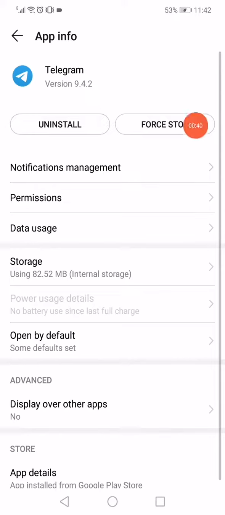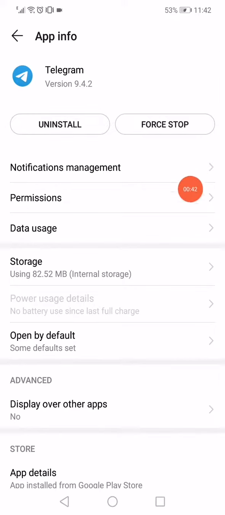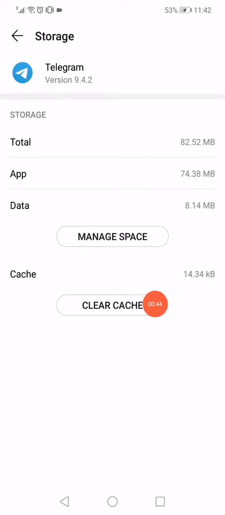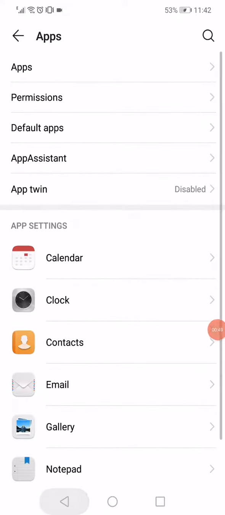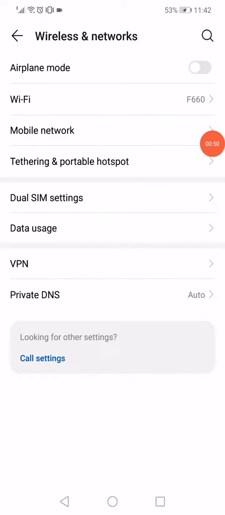Just force stop the app from here, and after that go to the storage, click on clear cache and go back again into the settings, go to the wireless and networks, and then enable the airplane mode and disable it,